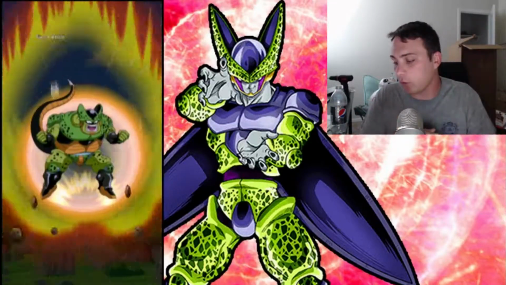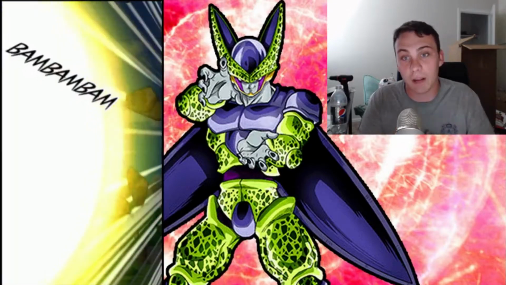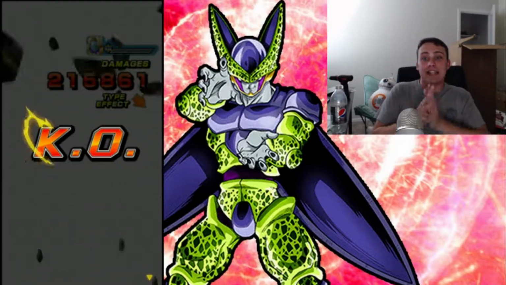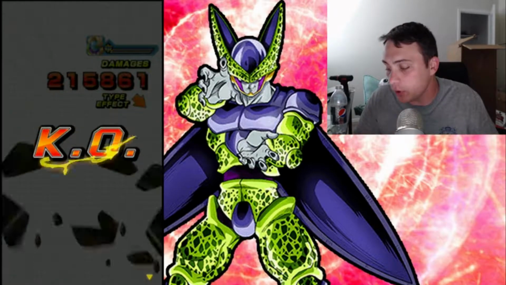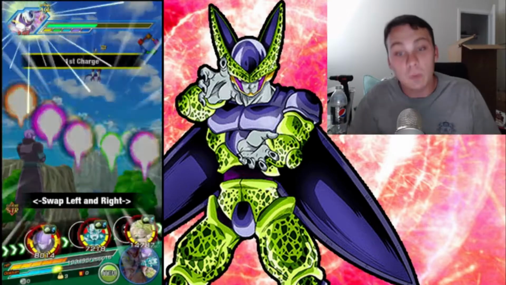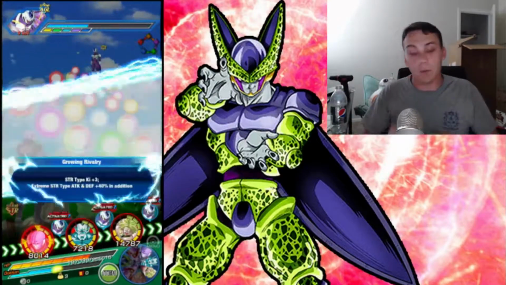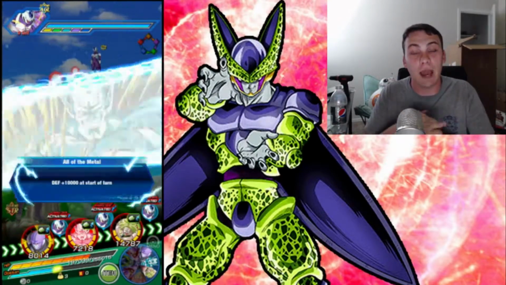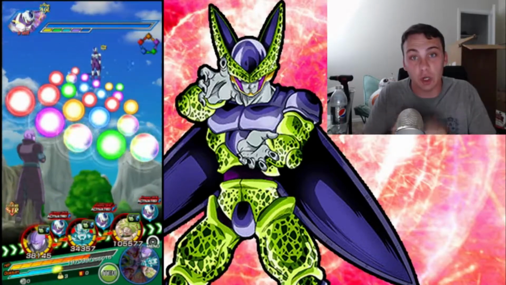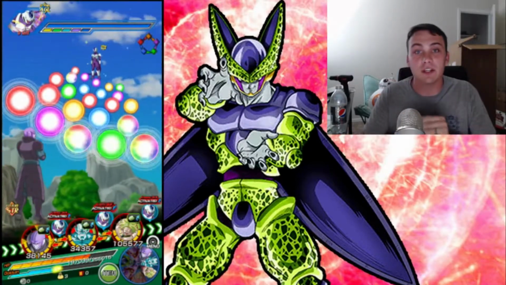There we go. Look at that. 477,000 just starting off, right? 215,000 with attack down, and he got that boost, right? He is worth the orbs, guys. I would put him in there, and I would put some orbs into him. If you have a dupe of him, go for crit. Go for crit, because that AoE is going to prove to be